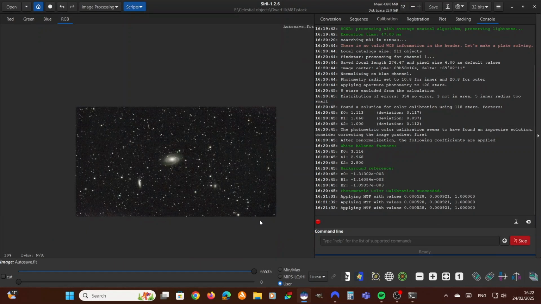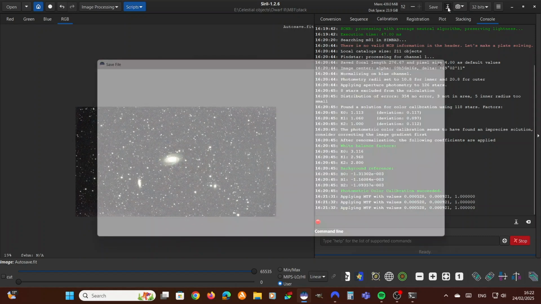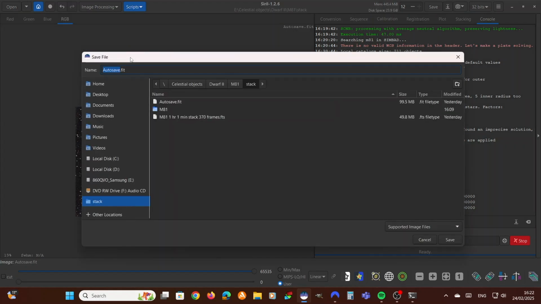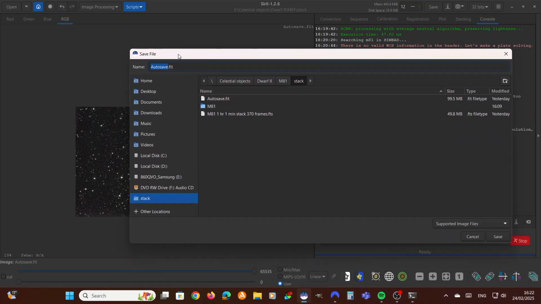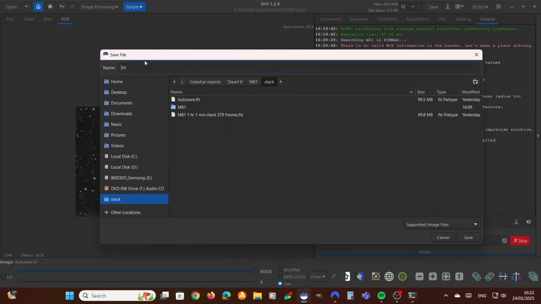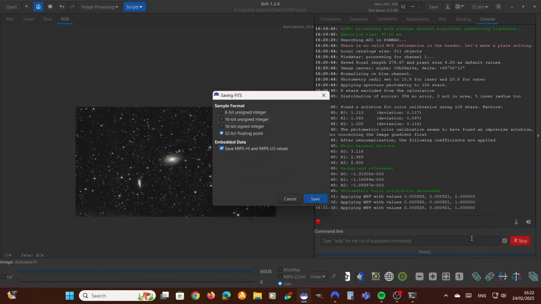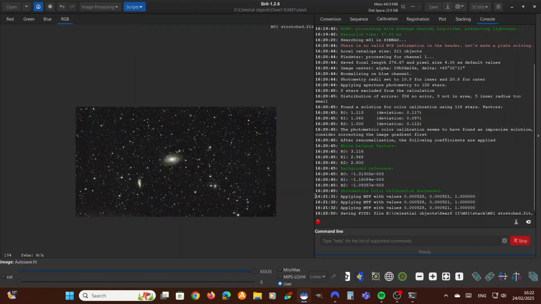So I will save this image, but that is not the final edit yet. I'm going to save this as M81 stretched .fit. So I will save this as a fit file, and then I will click save and save. So what